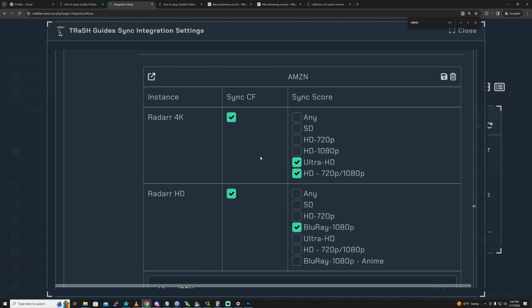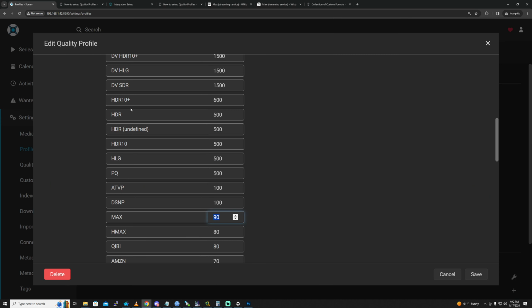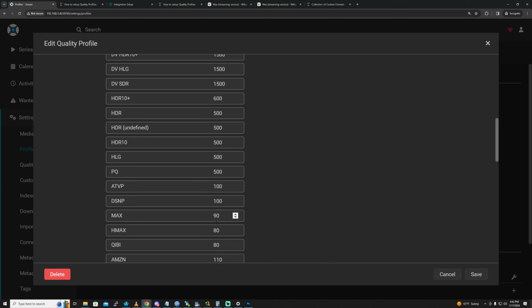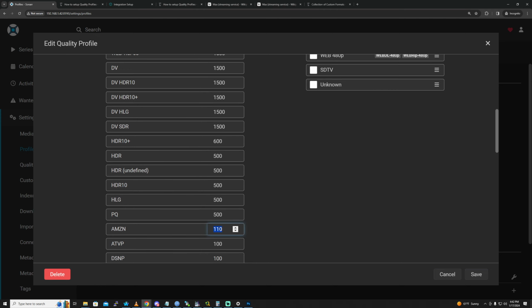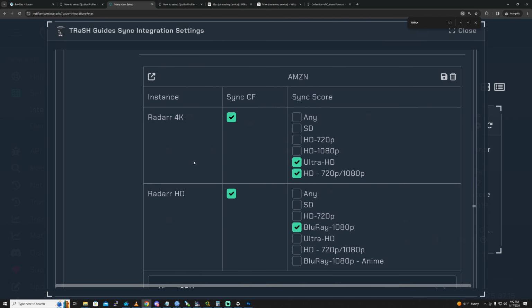What it means is, in order for me to change the Amazon score, I don't want to just go in here and just bump it up to like 110 so that all of a sudden, no matter what, my media server from SONAR is always going to grab Amazon. Because what's going to end up happening is it might work until Notifiarr resyncs with the server, right? Or something. And I need to ask the developer on this, and I'm not entirely sure, but I believe it does automatic updates to your server on a certain interval, probably is my guess. And I'll probably update this into